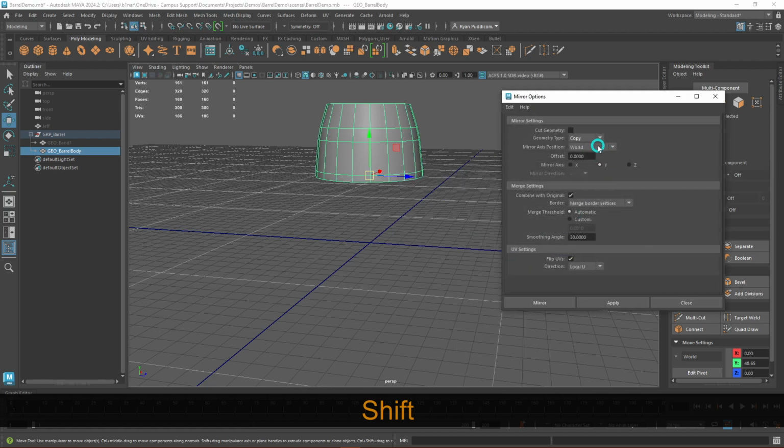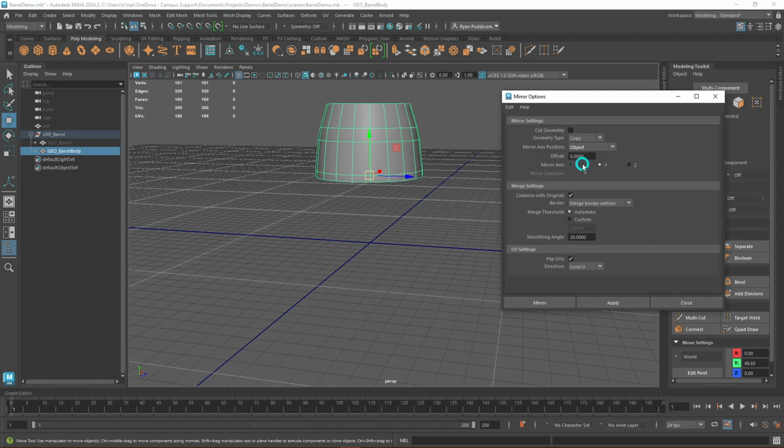And we'll go to mirror. So we want to mirror it on the object's mirror axis position. It's going to use this gizmo to determine that. We're going to set it to combine with the original so that it'll all be one piece once we're done. And we want it to automatically merge any of the border vertices so that we're not dealing with holes